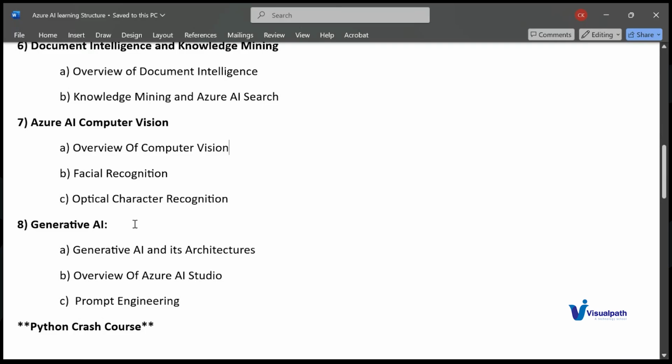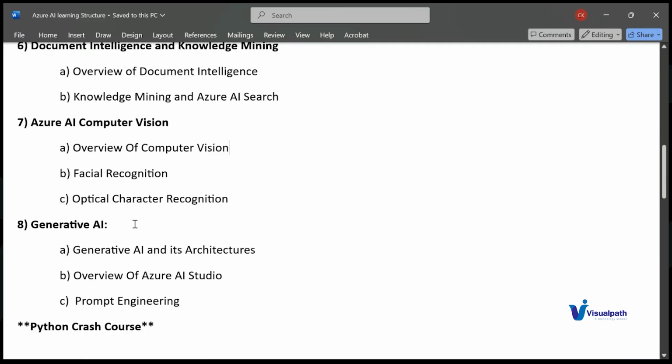Okay. So for generative AI, prompt engineering is also one of the important concepts which we will be covering. So how you can provide instructions to the generative AI model so that it can behave accordingly. Like what output you want, what format of output you want, how much length you want in the output. And how you can tweak the input by using the prompt engineering technique. So all these things we're learning in generative AI.